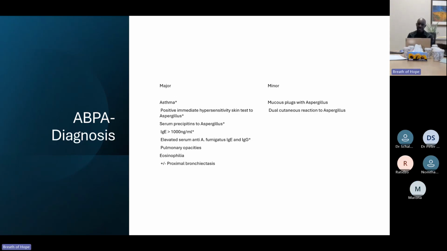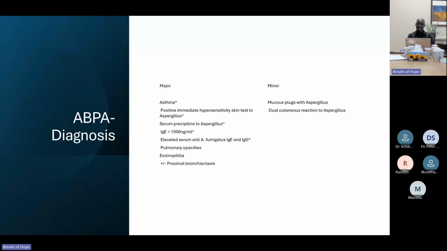And how about the diagnosis? The diagnostic criteria for ABPA include major criteria and minor criteria. The major criteria: the patient has to be asthmatic with a positive immediate hypersensitivity skin test to Aspergillus, serum precipitins to Aspergillus, and IgE of more than 1,000 nanograms per ml, and also elevated serum